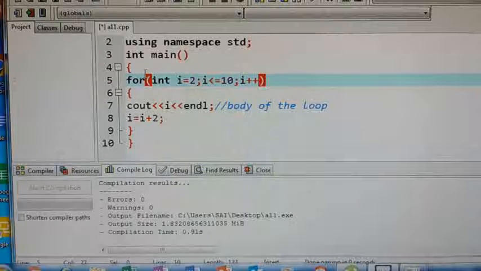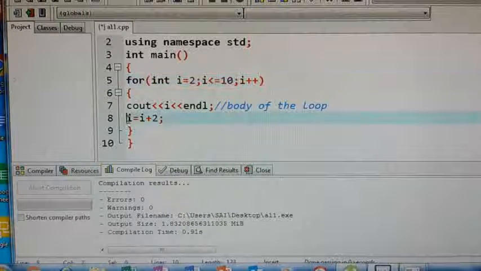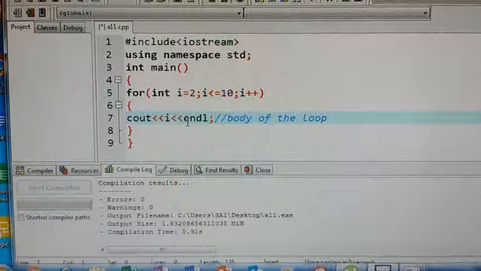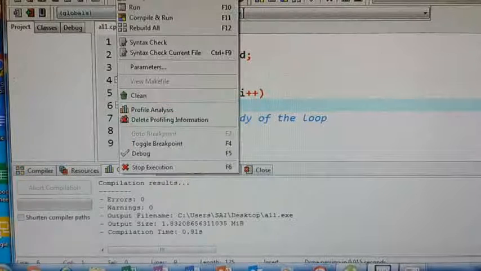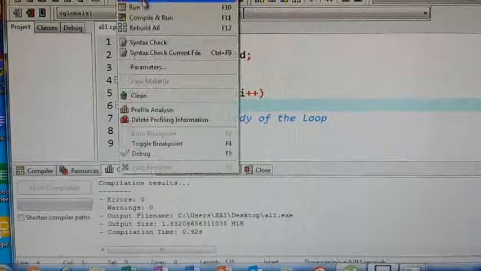Okay, whatever initialization, condition and updation there is, they are written in the same line. Here you remove this, save it, go to execute, compile, no errors, execute, run.